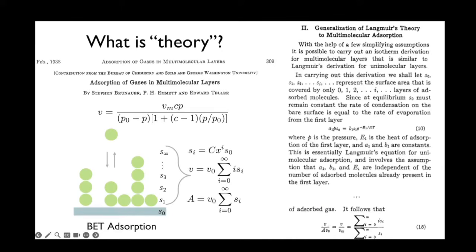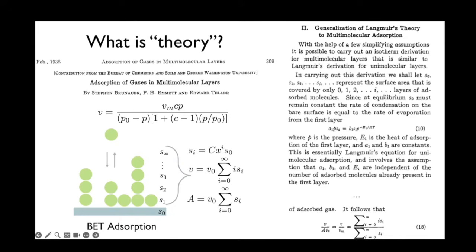I want you to think about this challenge. How can I get a computer to understand theory? Here is a very important theory of adsorption. This is BET. This has been cited like 50,000 times. It was published in 1938. And if you would pass this PDF into an AI system and you asked it, just read this paper, tell me what's going on,